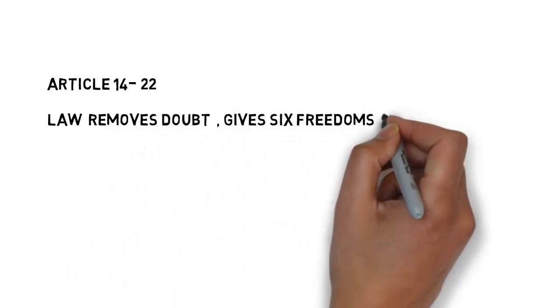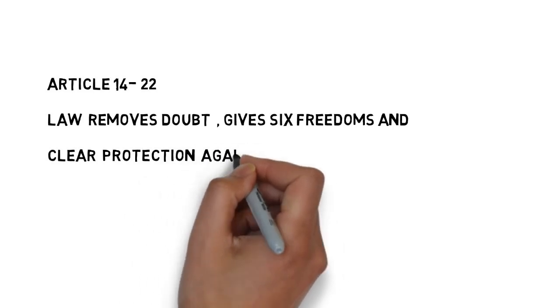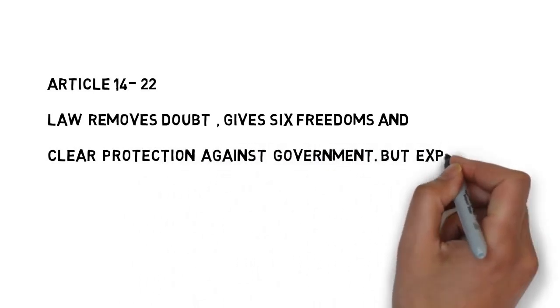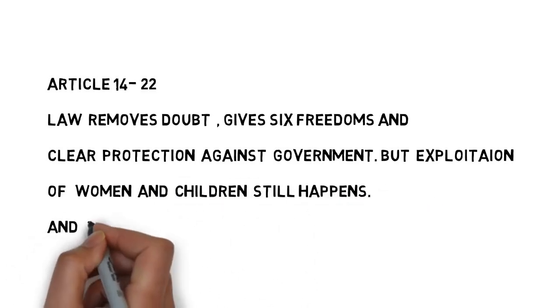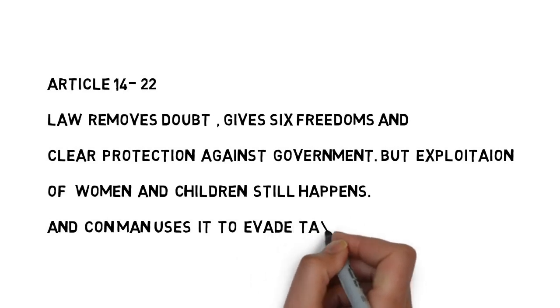Now to connect this trick and the above mentioned trick for Article 23 and 24, just remember the trick I have provided for Article 14 to 22. The trick was the sentence law removes doubt, meaning equality, right to equality, equality before law. Then doubt gives us discrimination, right against discrimination. O is for opportunity, and U is for untouchability, and then T is for titles. Again gives 6 freedoms, meaning Article 19, which contains 6 freedoms.